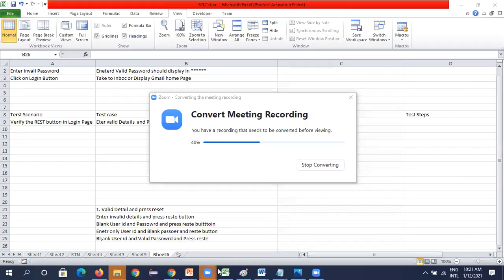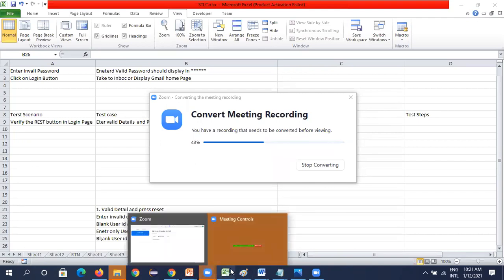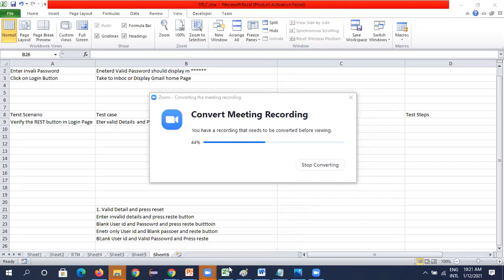So what I'm saying is, blank user ID. In the characters database, if they mentioned blank as a character, then blank and invalid data would be the same thing. But if they mention blank as something like a null, a separate data type, then blank would be different. That would be one more test case.